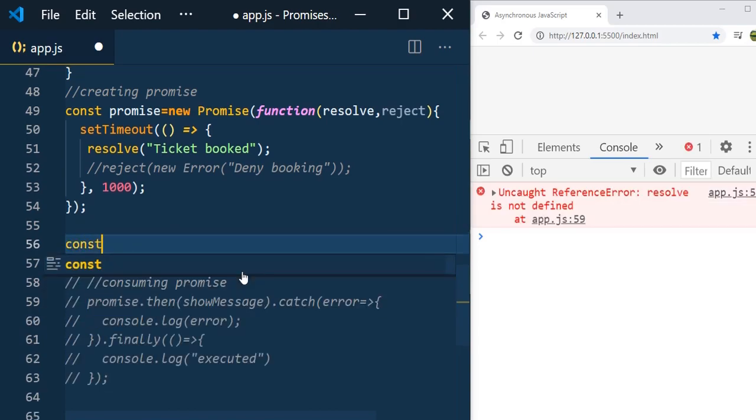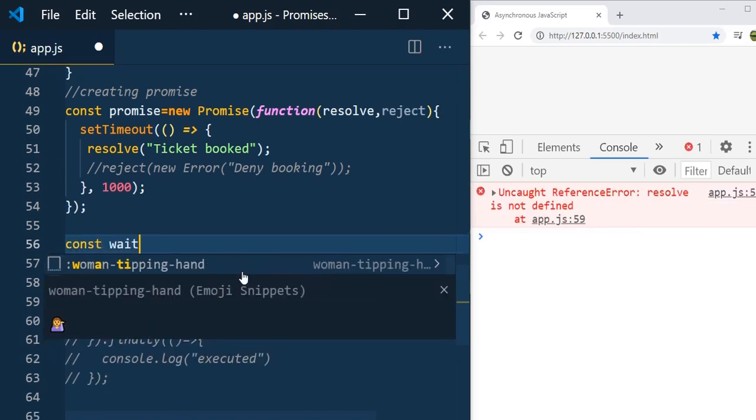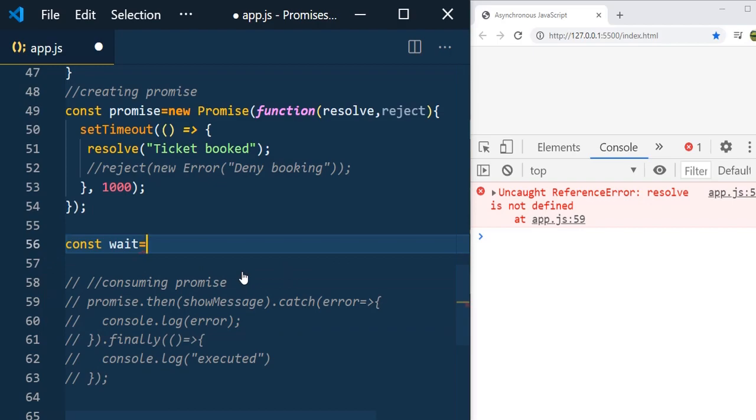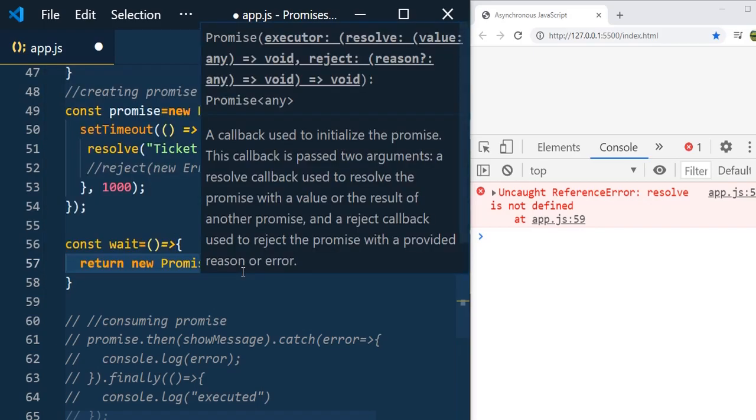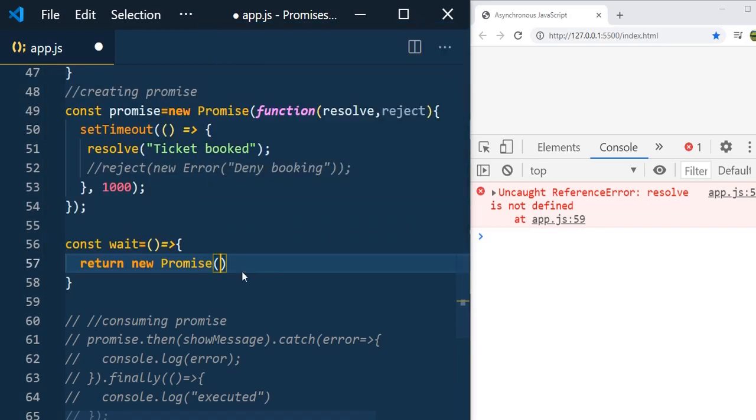Let us create a function called wait. Constant wait equal to, and let me write an arrow function here, and this will return the promise, return new Promise, and we know that promise will take the executor function.